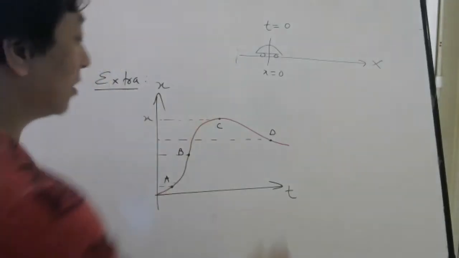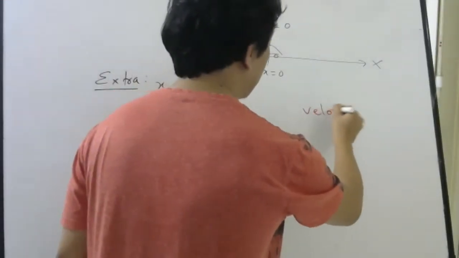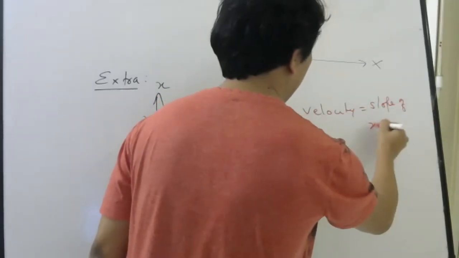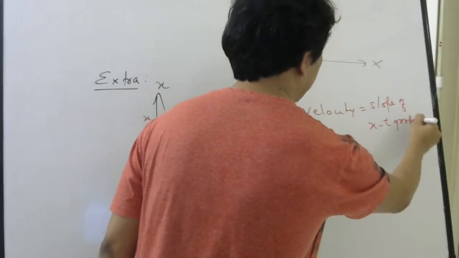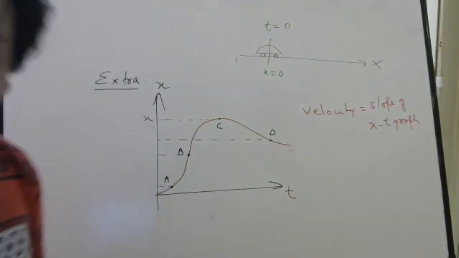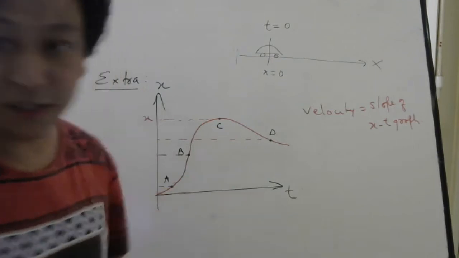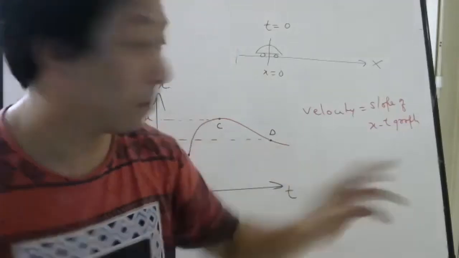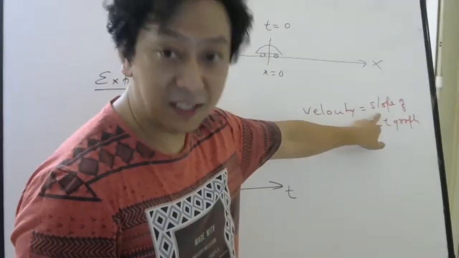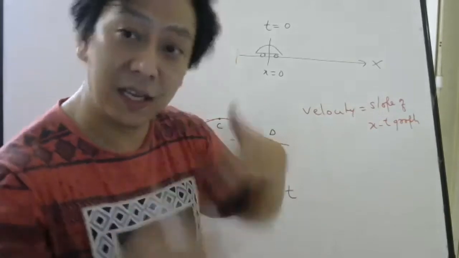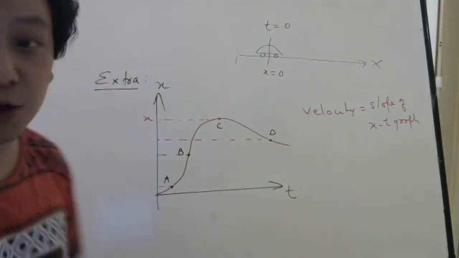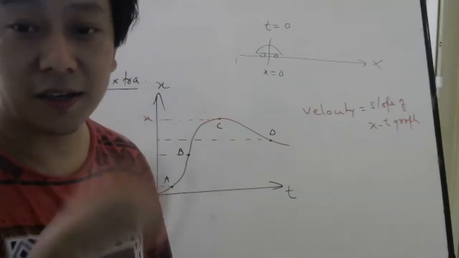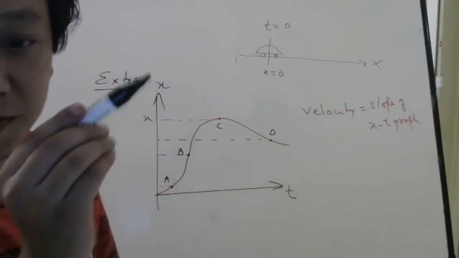Instantaneous velocity. So what I told you, instantaneous velocity is what? Slope of the xt graph. Correct? Slope of the xt graph. This is what graph? The xt graph. So you have to check where the slope is maximum. Wherever the slope is maximum, velocity will be largest. So how to find slope? I told you first you have to draw a tangent.